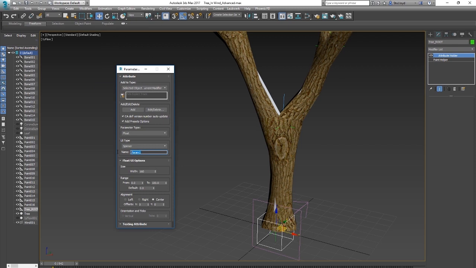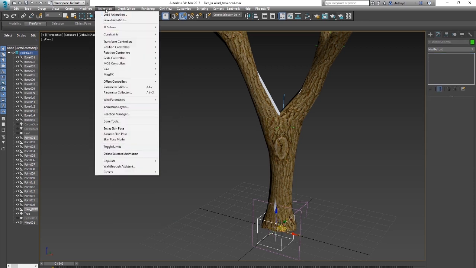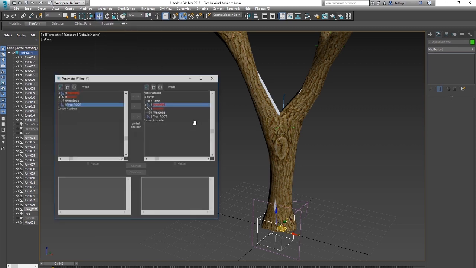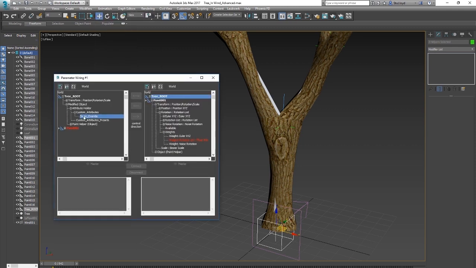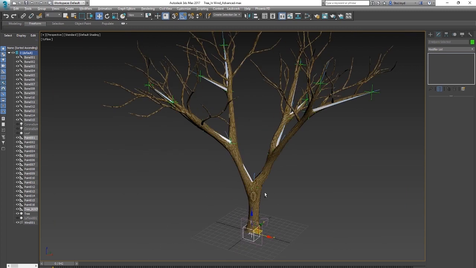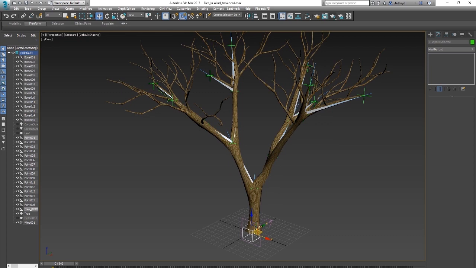Call it maybe sway override. And now we can wire that up. So we want our sway override to our new noise rotation. And remember, we have to do the divided by 100 to get the 100% effect. And we connect those. And now when we play our idle animation,